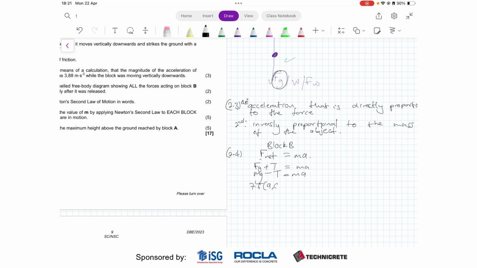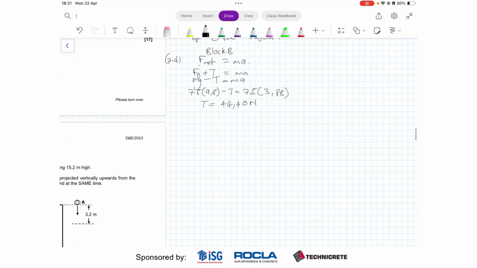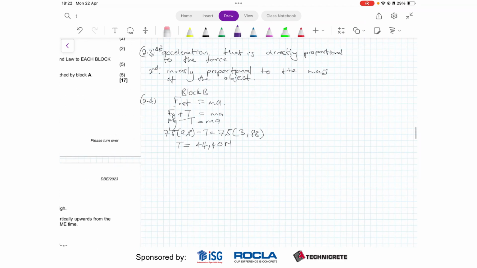G is 9.8. Okay? Minus T equals 7.5 into 3.88. Okay? This tells you that T is equal to 44.40 newtons. Okay? Moving on